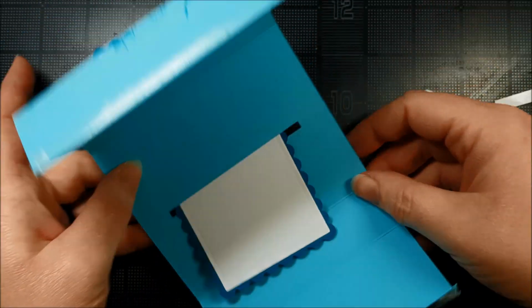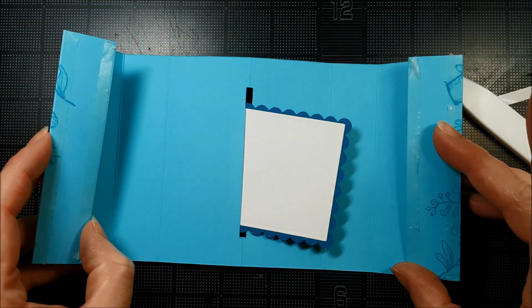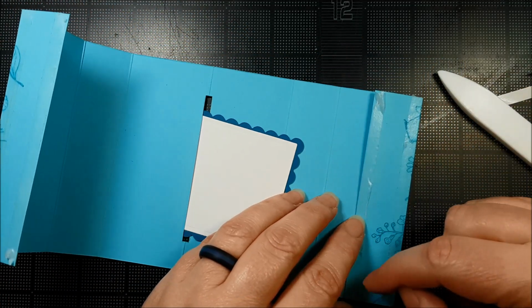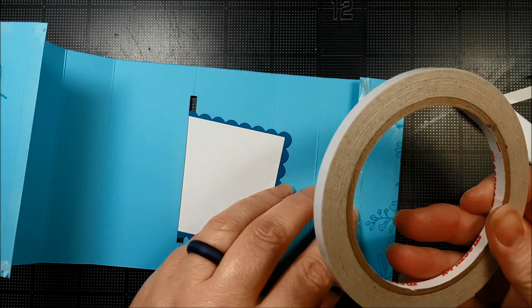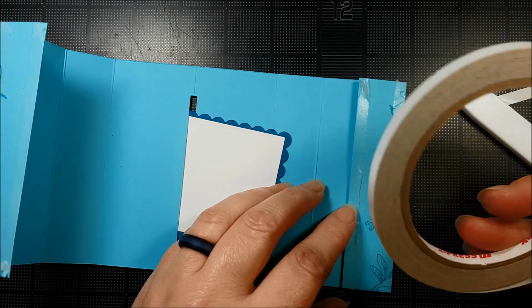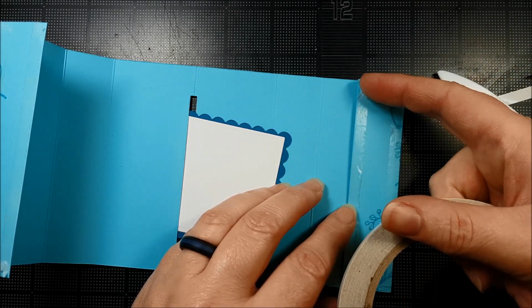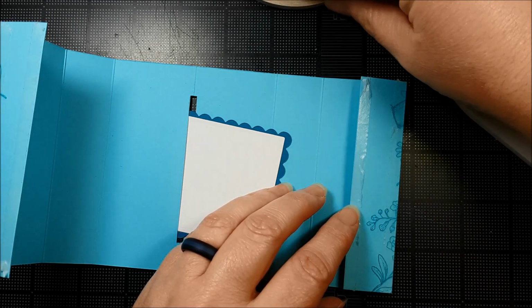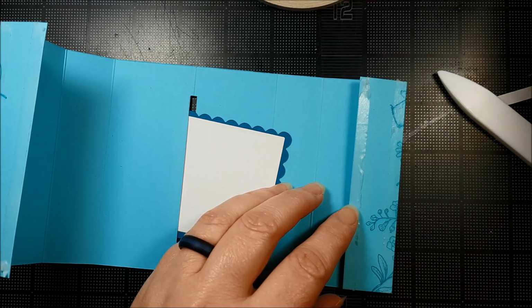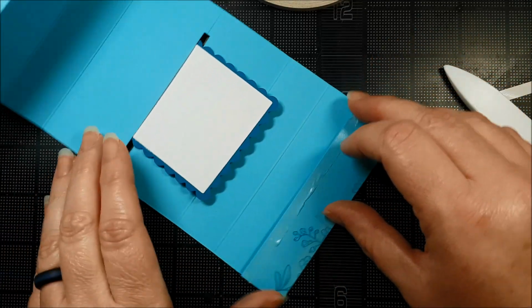Okay, now what I've already done on the two 1-inch ends, I have placed our heavy-duty Score Pal tape. You can use wet glue, but it may ooze, so I would recommend a dry adhesive. So I put a strip at the bottom and a strip at the top of that particular 1-inch. Okay, I've peeled off my backer, and now what you're going to do is take the bottom of this